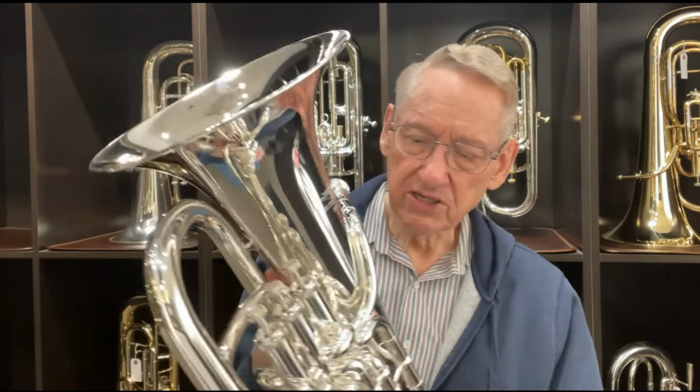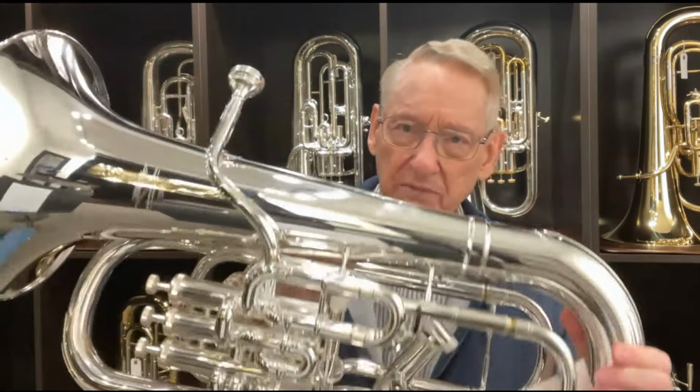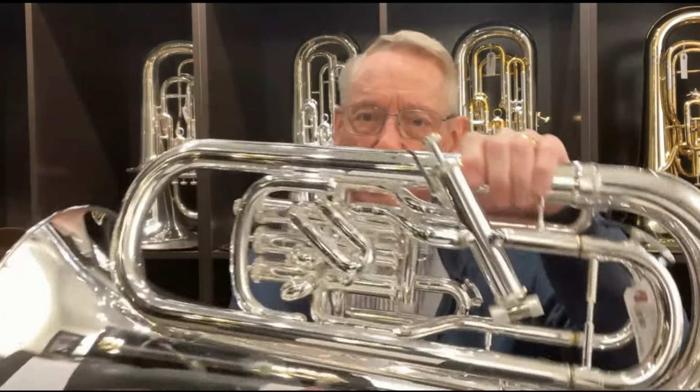It's based on the Willson 2950, so it's got the 12-inch bell, the receivers for a large shank mouthpiece. The instrument looks quite a lot like the Willson in some ways. The shape, for example, of these connectors are very similar to a Willson. It's got most of the features that you'd see on a Willson, including, as you can see back here, we